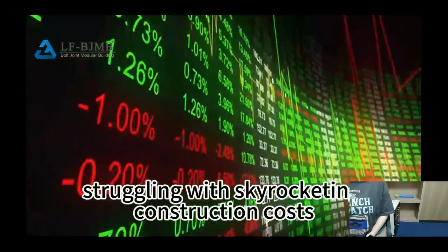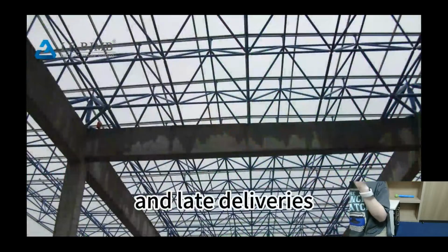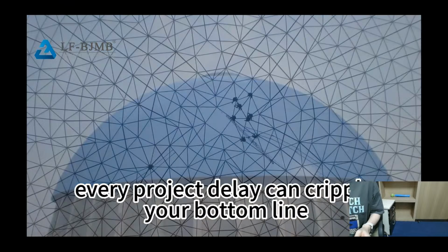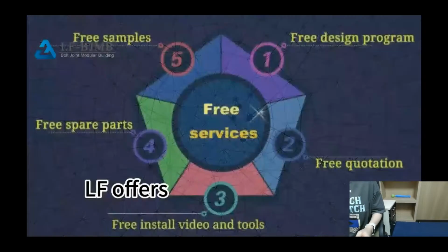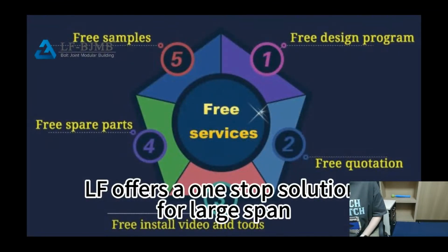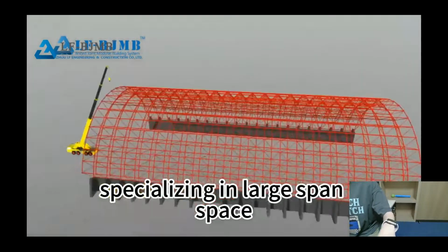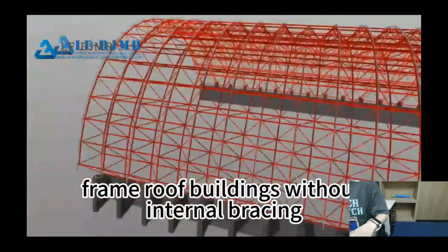Struggling with skyrocketing construction costs and late deliveries? In today's volatile global economy, every project delay can cripple your bottom line. LF offers a one-stop solution for large-span steel structures, specializing in large-span space frame roof buildings without internal bracing to